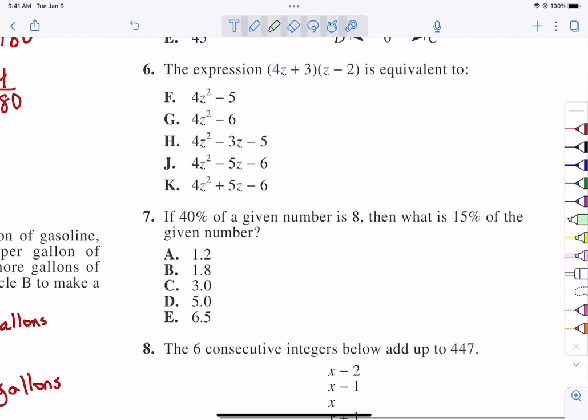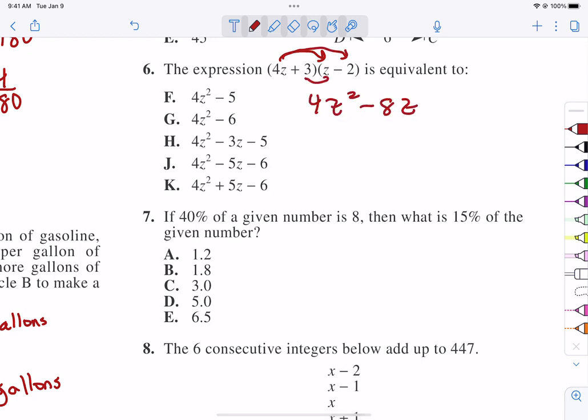Now, 6, 7, and 8. If you look at 6, we know how to do the algebra of that. If you check your first term, that's going to be 4z squared. And then you're going to do negative 8z. Then you're going to distribute the 3 twice. You're going to get 3z minus 6. So you know that these two are out. You should get more than one term unless they are conjugates. And then you know it has a 6 on the end, so you know it's not that one. The middle term is going to be negative because the 8 is larger than the 3, so the answer is